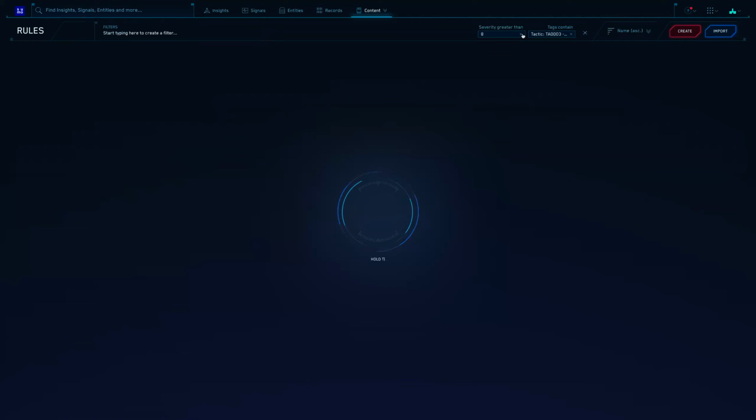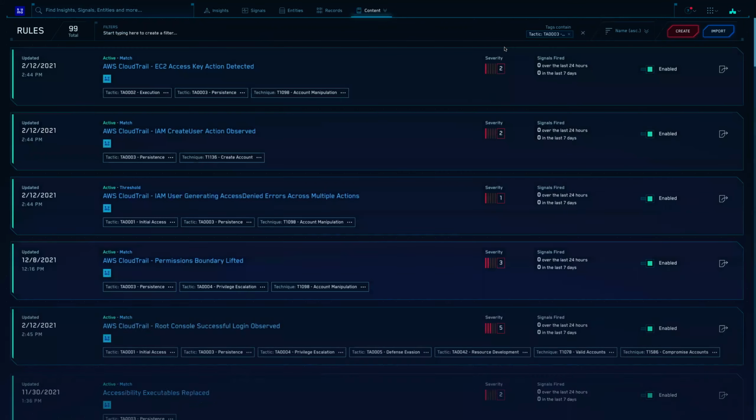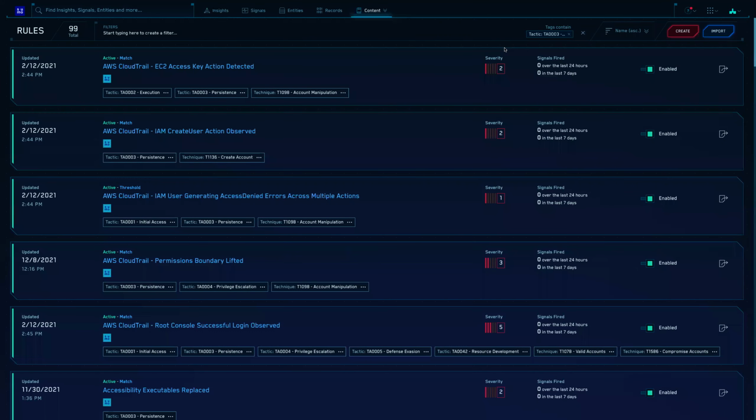Oh, and I still have my 8. Let me get rid of that. All right, and so then this should have 99 rules. So we're just showing you how to use the filters, which is going to be quite important.